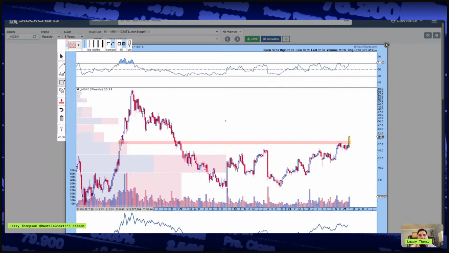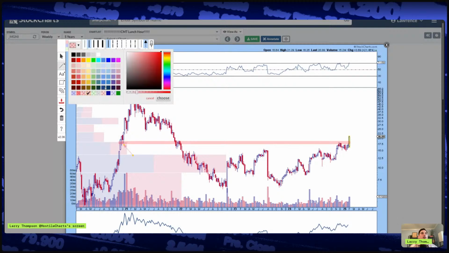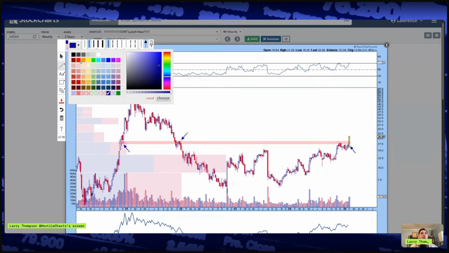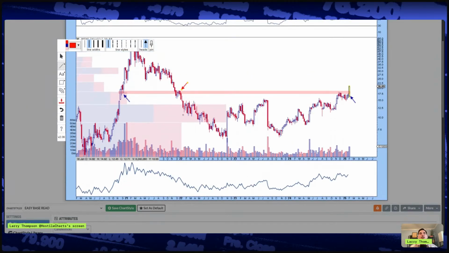Probably not a coincidence that that $20 level that was support a long time ago turned into support again. It was resistance at some point during this process. Because what happens is these stocks break down, and then you have individual fund managers trying to get out at a good price on the way down. They realize, this is struggling. And then you have some other people who are maybe bottom pickers, or people who understand that the fundamental story of this business is changing.